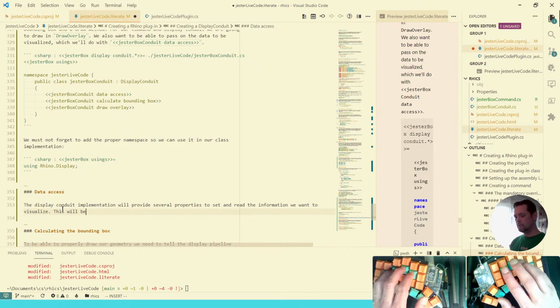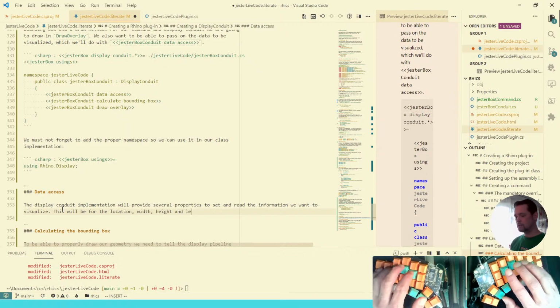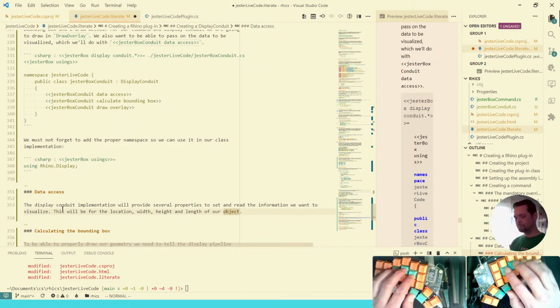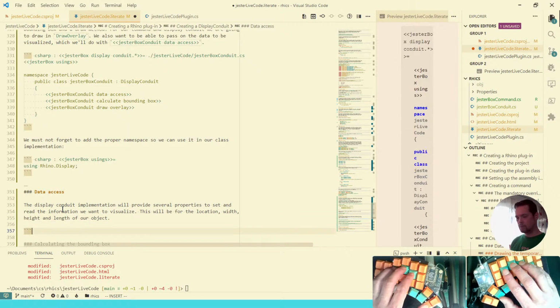This will be for the location, width, height and length of our object. Rewrap like this, and then C#